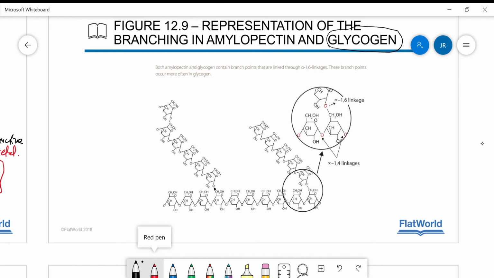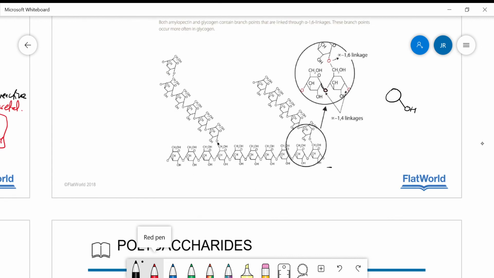So I just wanted you to be familiar with that. Again, let's just inspect these labels here. Alpha, we know it's alpha because the oxygen here points down. Remember we said if the hemiacetal has an oxygen down,